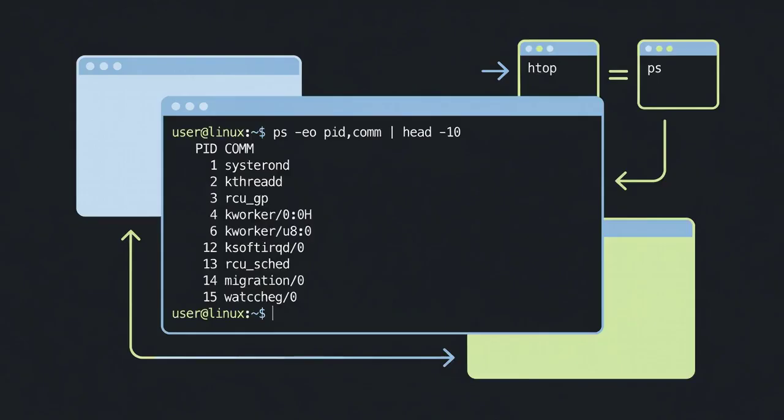-10 to grab the first 10 processes. This gives you a static, scriptable alternative when you can't run an interactive tool,